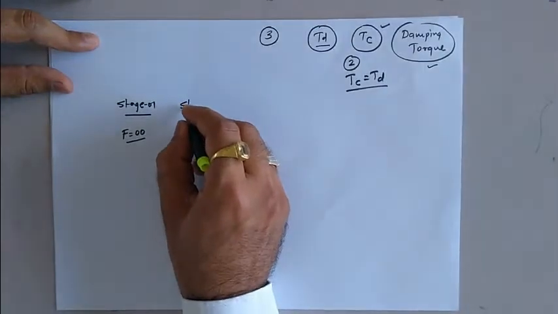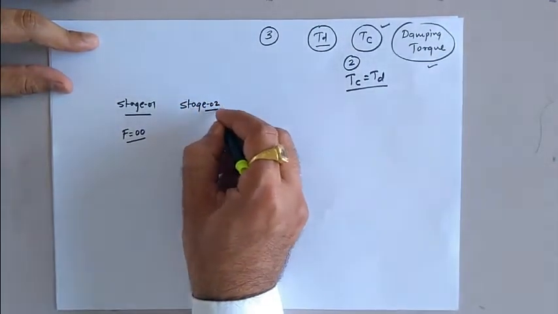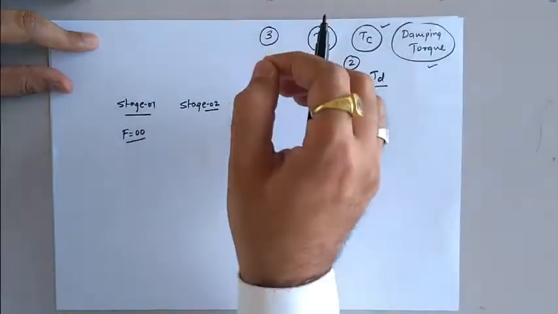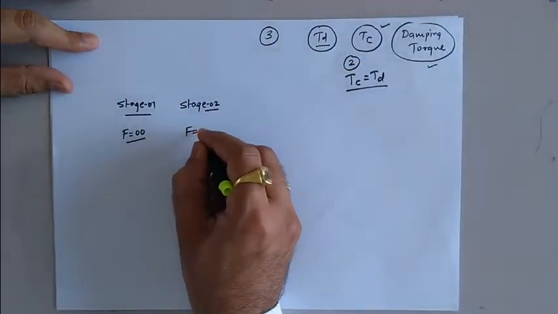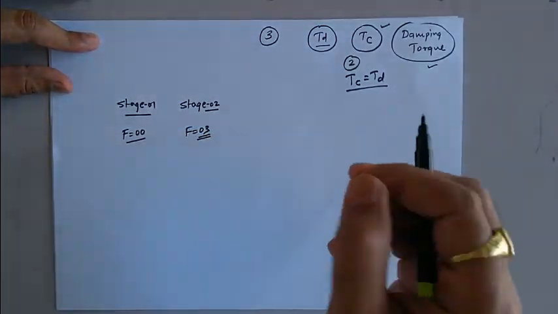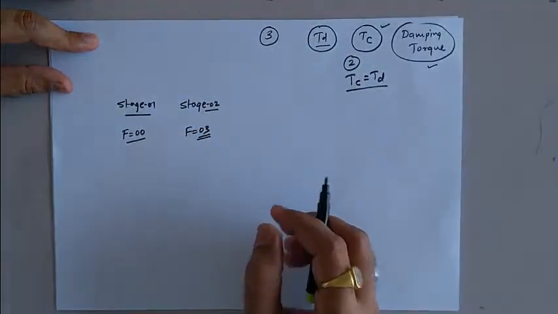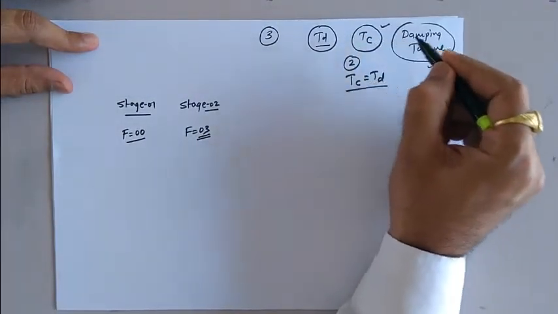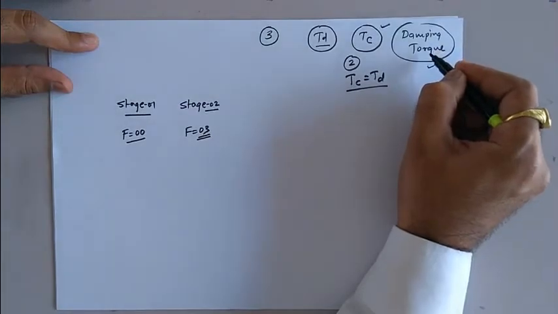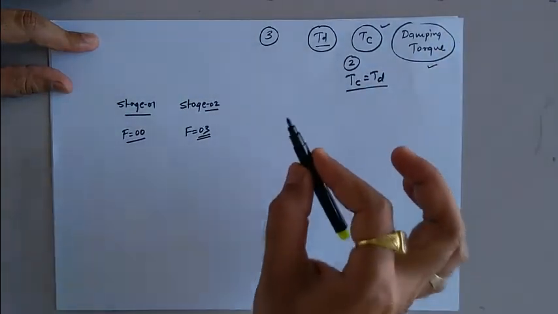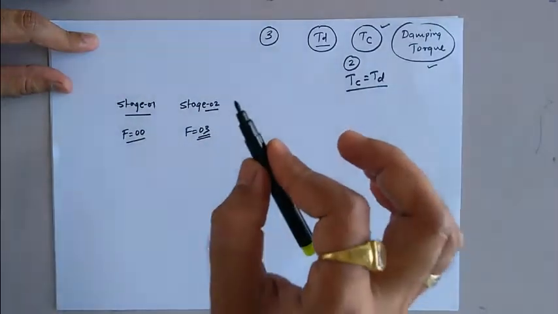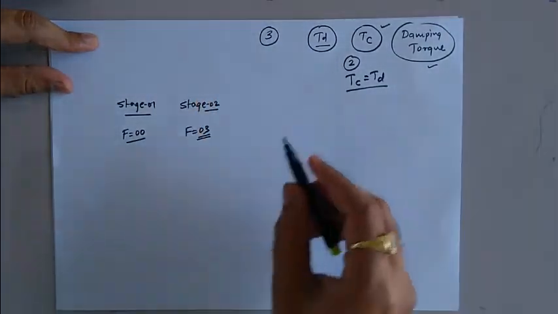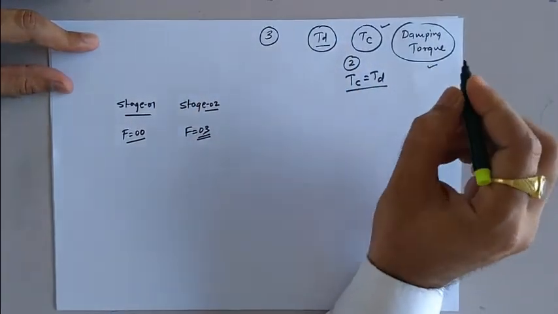Now let us consider second instant, and you can say stage number 2, the moment we connect that instrument to the circuit. In that case we are having 3 forces inside that instrument. And what are those forces? First one is your deflection torque, second one will be your controlling torque, and third one will be your damping torque. That means जिस मूवमेंट पे मैं वो इंस्ट्रूमेंट को सर्किट के अंदर में कनेक्ट करूंगा, उस मूवमेंट पे उस इंस्ट्रूमेंट के अंदर में 3 फोर्सेस साइमल्टेनियसली काम करेंगे, TD, TC और damping torque.